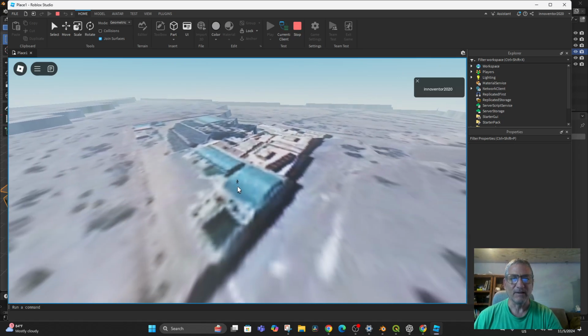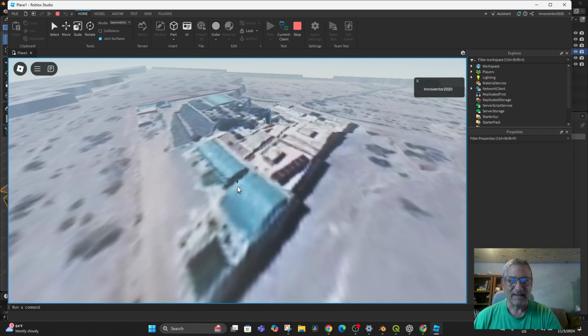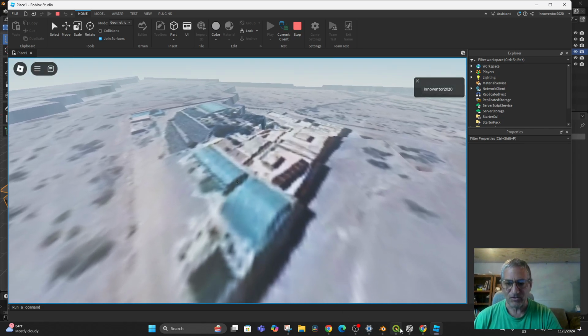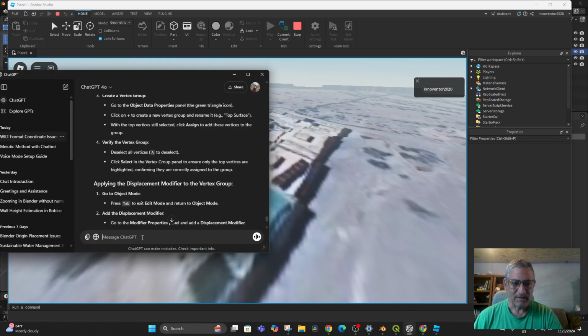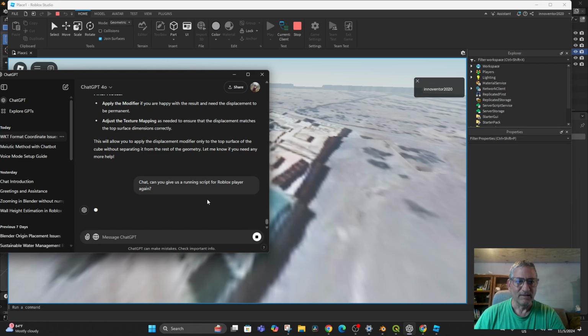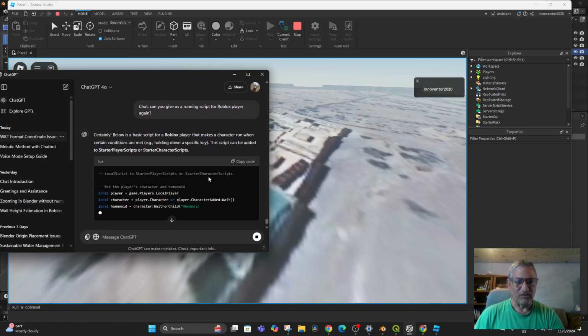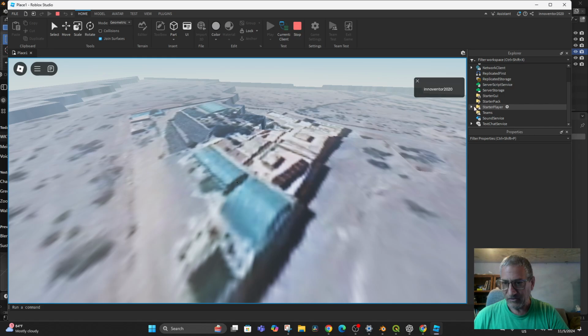I need him to run, obviously. This guy cannot be walking that slowly, so let's go to chat again and go, chat, can you give us a running script for Roblox player again? And wait for that. Really, this is an amazing new frontier, having this wonderful ally. So I'll copy that code from there, go to my starter player